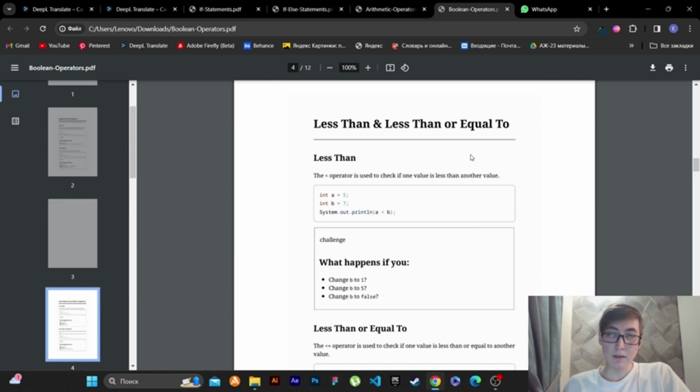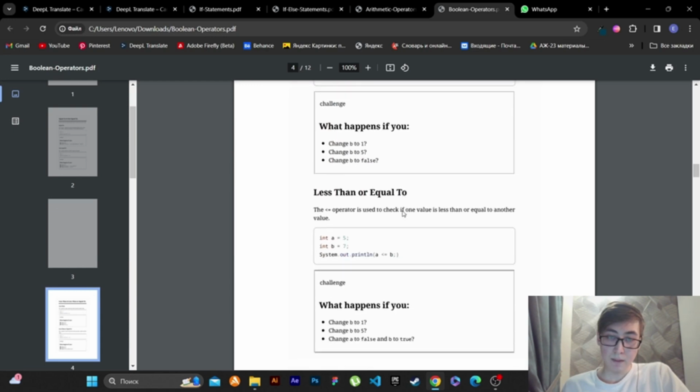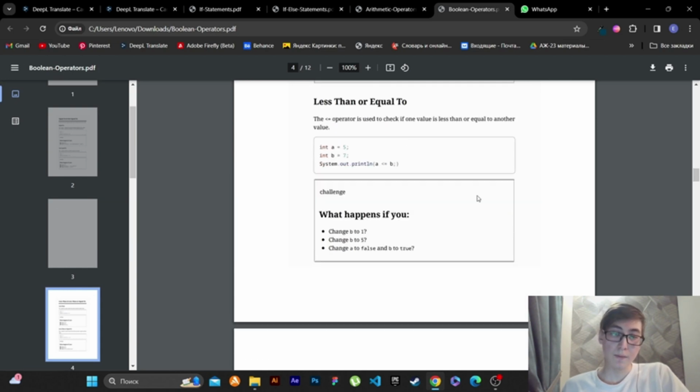Less than and less than or equal to. The less than operator is used to check if one value is less than another value. For example, less than or equal to. This operator is used to check if one value is less than or equal to another value. For example,